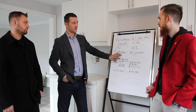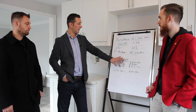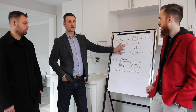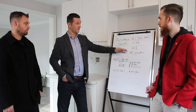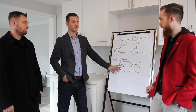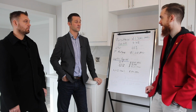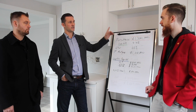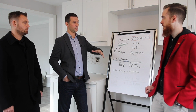We originally targeted to do about 12 to 15% ROI. It's probably closer to 20 now, because as you'll see, when we underwrote this project, our estimate was that these units would do about $1,175, and the model would work. They're doing $1,400. Gotcha. Right, so there's a lot more upside. A lot more upside than we originally thought, and there's a couple of things that we haven't factored in yet, which is that the LRT is about 50 meters away. That'll be a bonus once it's